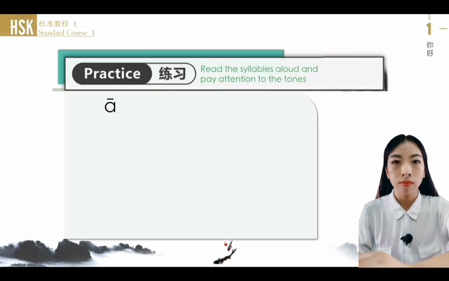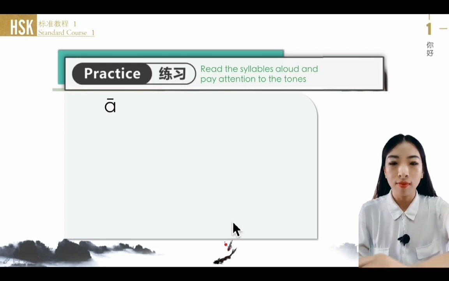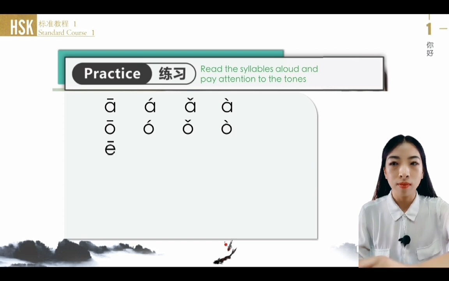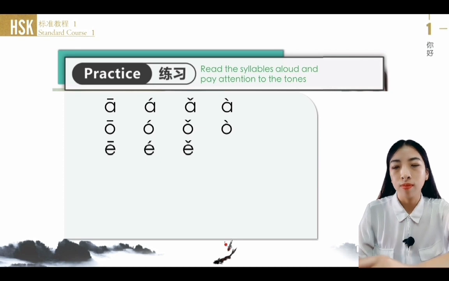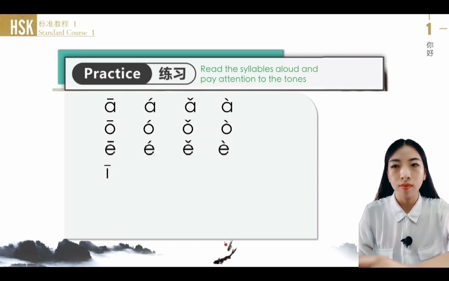Read the syllables aloud and pay attention to the tones. A, a, a, a. O, o, o, o. E, U,